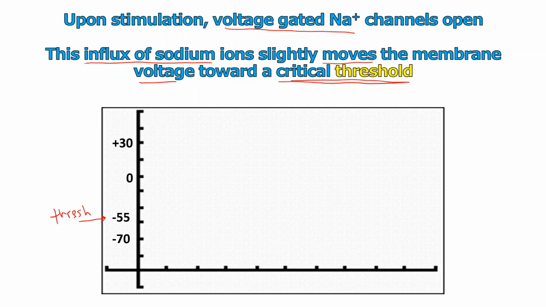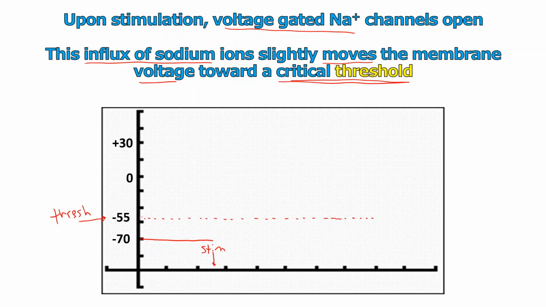Sometimes negative 50, it's around 55. So there's a magic bar here somewhere that's usually shown as a dashed line in many of the textbooks. So if we're at rest, and we know that's negative 70 millivolts, if we hit this neuron with some stimulation right there, we're going to see sodium come in,